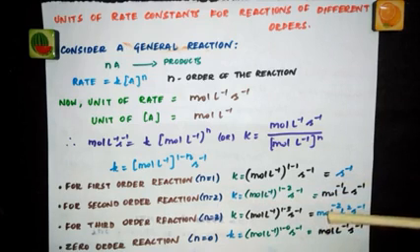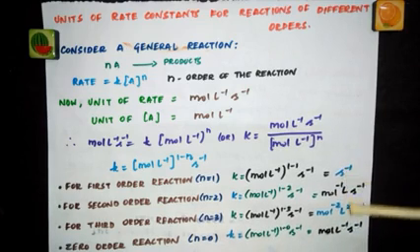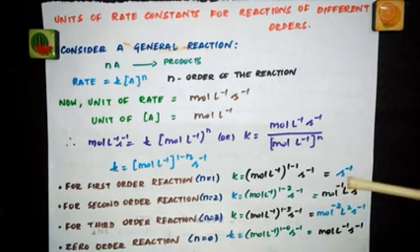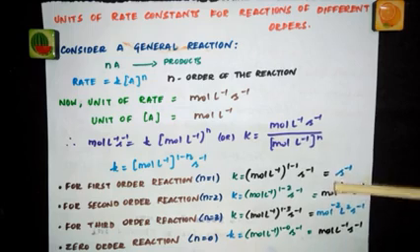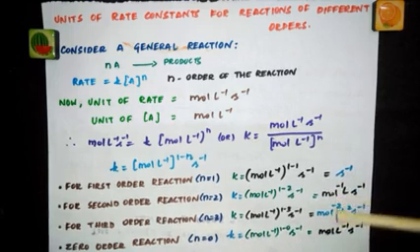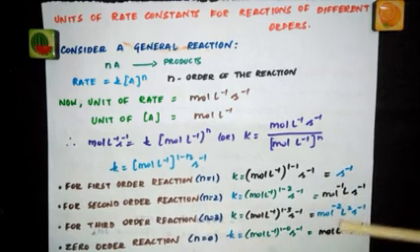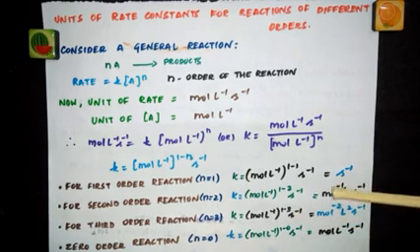Same way for third order, you will get mole inverse square, liter square, second inverse. So you have to notice one thing here. Whatever power is there for liter, the same thing comes for mole, but you will have the inverse of that. See, mole inverse, liter, second inverse; mole inverse square, liter square, second inverse; mole to the power plus 1, liter inverse, second inverse. So whatever you have for mole, the opposite sign comes for liter. If it is negative for mole power, then it will be positive for liter. So you can have that as a shortcut or easy way to remember.